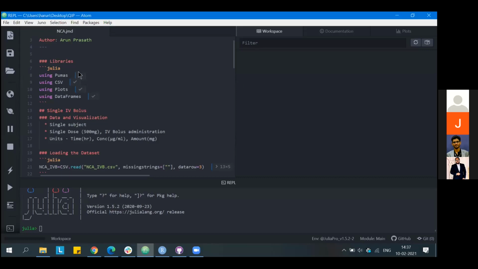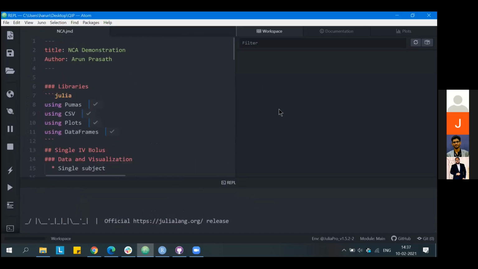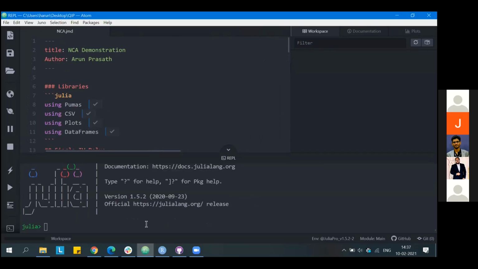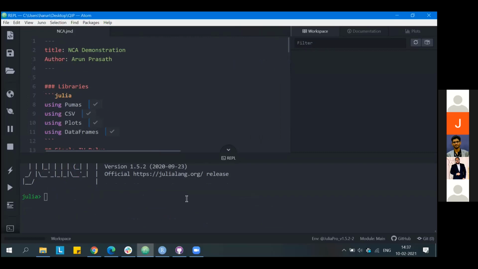Just to give a brief intro about the interface, in the left corner, I hope you can see my cursor moving around. Can someone confirm if my screen is visible and my cursor is moving? Yes, sir. So this part of the window is called the script window, and the bottom is called the REPL window, where you will be seeing the executed runs.